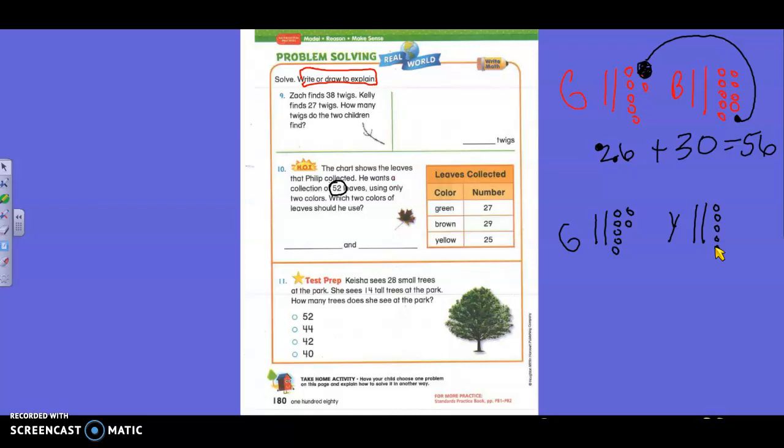How many am I going to take? 3. 3 and bring them over here. Okay. How many greens do I have now? 30. And how many yellow? 20. 2 tens. Okay, and that equals